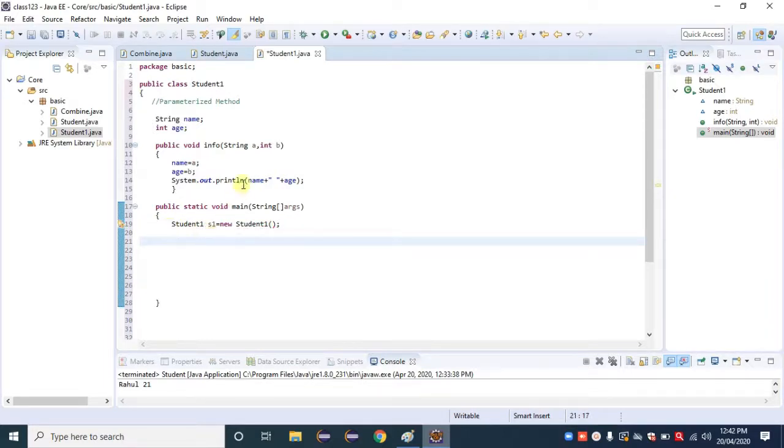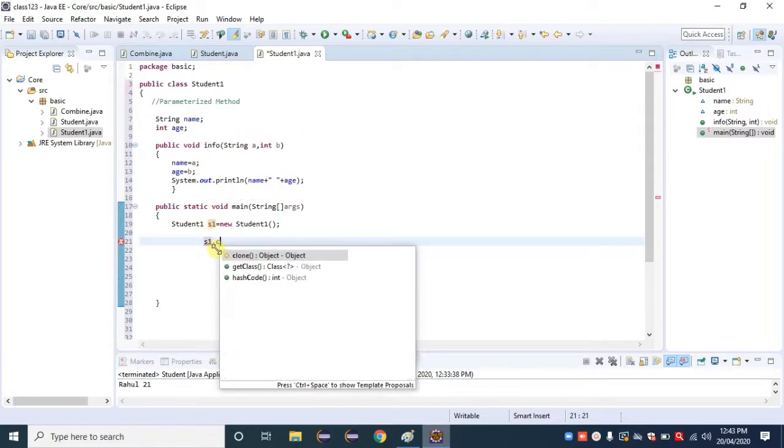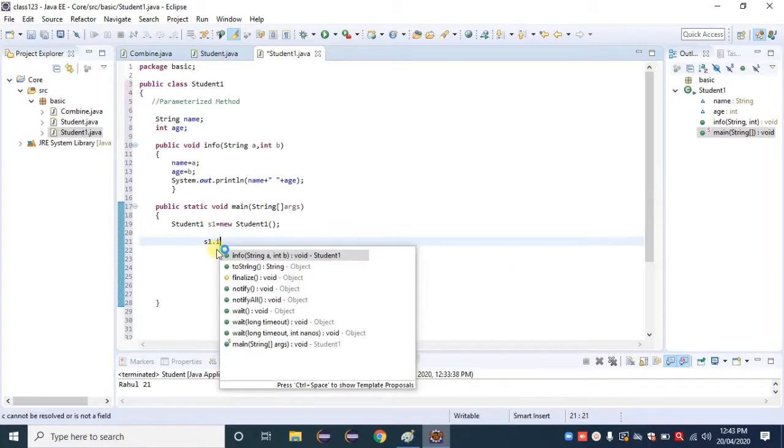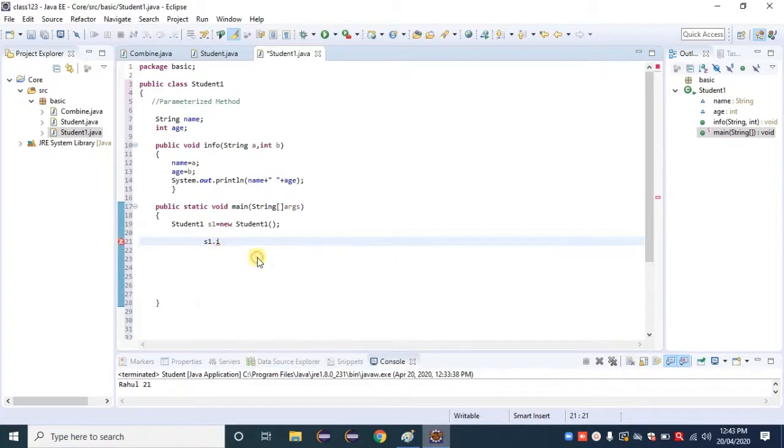So how to pass parameters or how to initialize those variables? First we have String a and int b. We need to call that method. So here I am calling that method: s1.info. It is the method name. Okay. Then right now Java is asking us what a is and what b is.